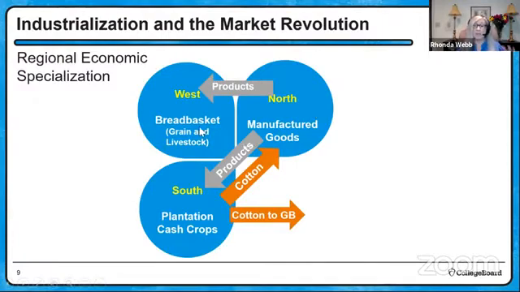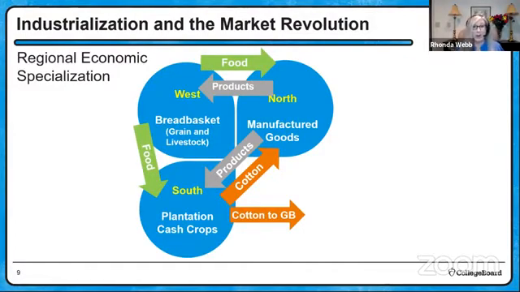Now, these people in the West, when we're talking about West at this time, it's what today we would think of as the Midwestern part of the United States, because the boundary before the Louisiana Purchase would have been the Appalachian Mountains. But now we've got the Louisiana Purchase, but still that Midwestern area, or at that time, the West, they're going to be producing a lot of the foodstuff that's going to then go back and be sold to the South and then North to feed them. So basically, all of the regions of the country are connected to one another economically.